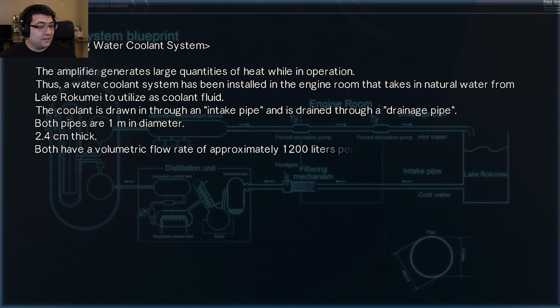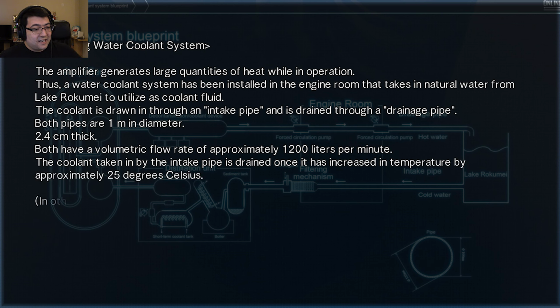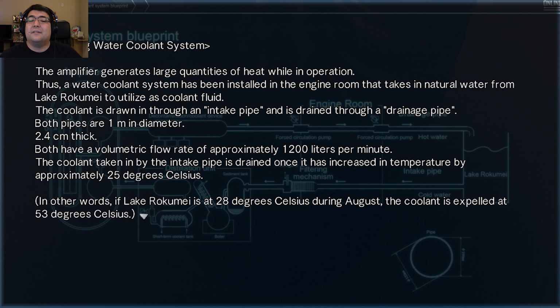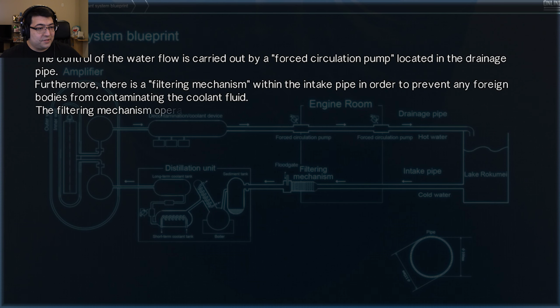Both pipes are 1 meter in diameter, 2.4 centimeters thick. Both have a volumetric flow rate of approximately 1,200 liters per minute. The coolant taken in by the intake pipe is drained once its temperature has increased by approximately 25 degrees Celsius. In other words, if Lake Rokume is at 28 degrees Celsius during August, the coolant is expelled at 53 degrees Celsius. Okay? The control of the water flow is carried out by a forced circulation pump located in the drainage